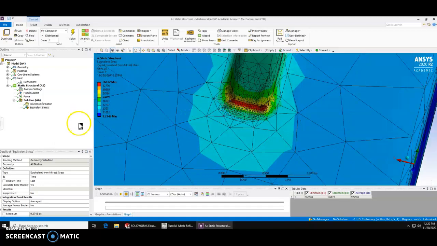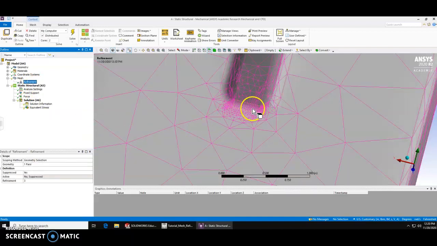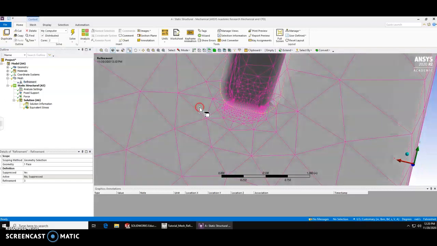So I just wanted to share a method that I learned recently. So what I'm going to do is just suppress this refinement, because what I'm finding with the refinement is that actually it keeps me from being able to go any farther. I could select more geometry here to try to get more area with this fine mesh, but in that area of interest, I might want a much finer mesh than I am allowed to get there, because in order to get a finer mesh, I'm going to